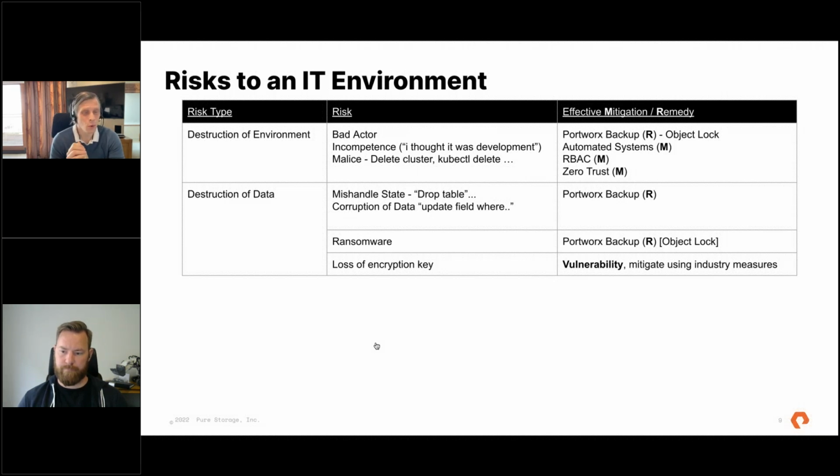So a restore in this scenario from Portworx backup will take a bit longer than nothing happening, because you've got those mitigations in place, but you need to have something like that. The next one is destruction of data. You know, someone drops a table. Did they mean to? Does it matter? It's been dropped anyway. How do we get back to that good state? And that can only really be mitigated with Portworx backup or a backup tool, or something that keeps people away from systems. And there's stuff in the development space that can do that. But you know, it's a bit out of scope for what I'm talking about here.